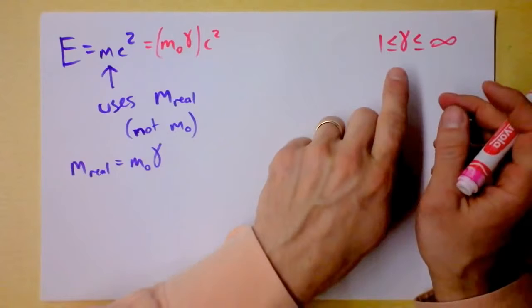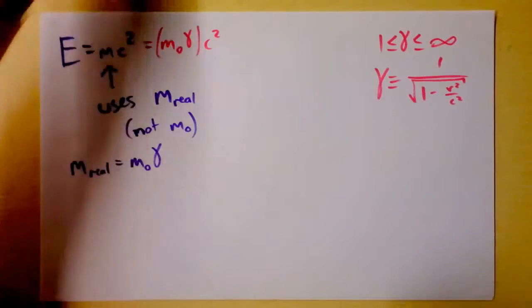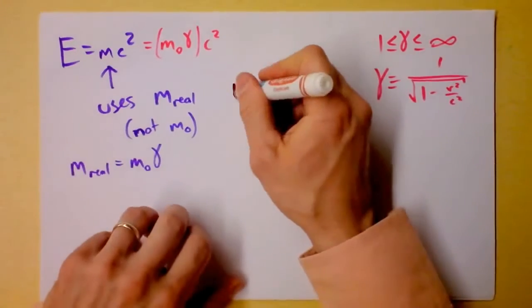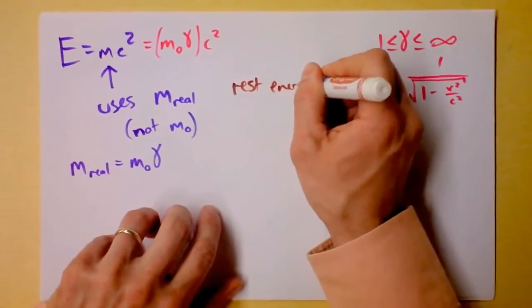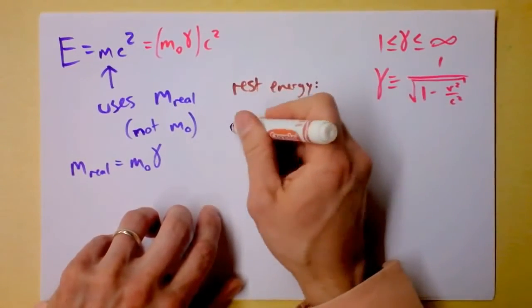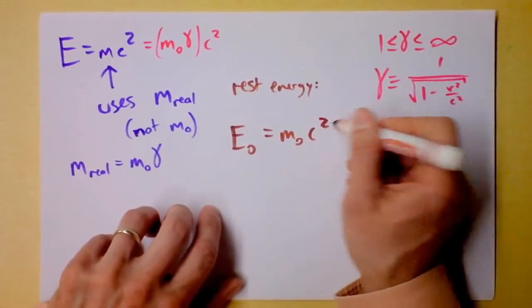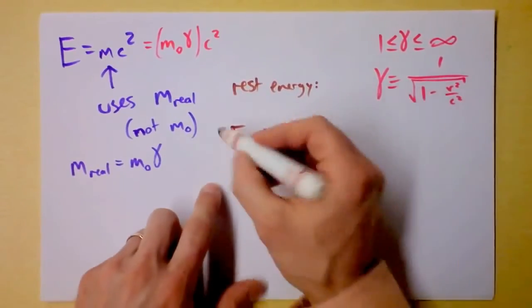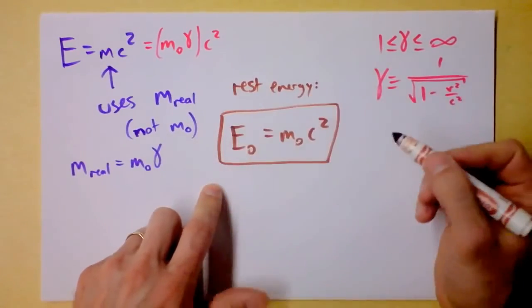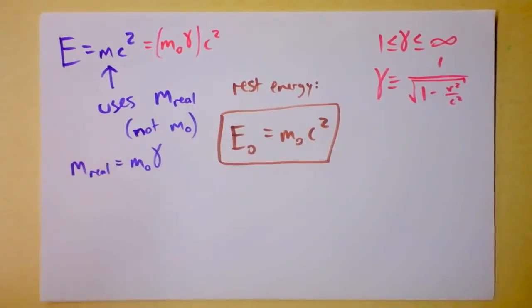So I want to point out something also called rest energy. This is full energy, but rest energy is over here. Rest energy would be E naught, which is m naught times c squared. This is really the deal breaker, ladies. This sucker right here says that when things are just sitting still, they have a fundamental